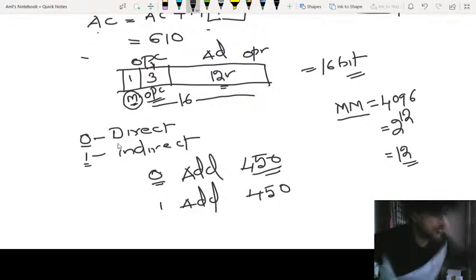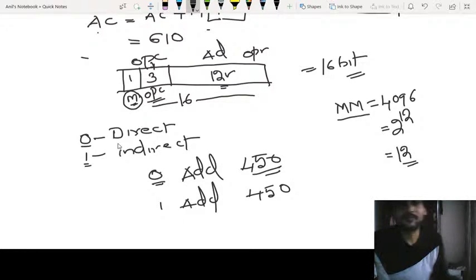Just type it as I ask, so that I will be able to know how you are going to get it. What is the instruction? Add 450, right? If it is add 450, 450 is going to give you an address, right? Okay. Now consider that. Here is my question. First bit is 0. This is 0. 0 add 450. If it is 0 add 450,